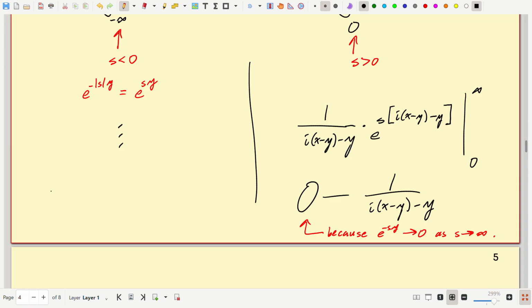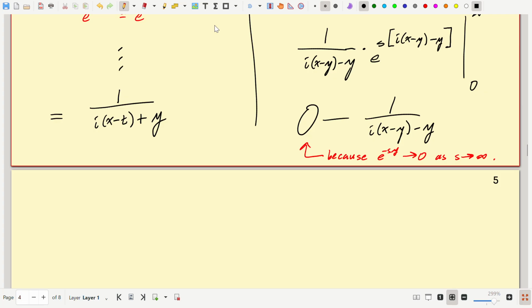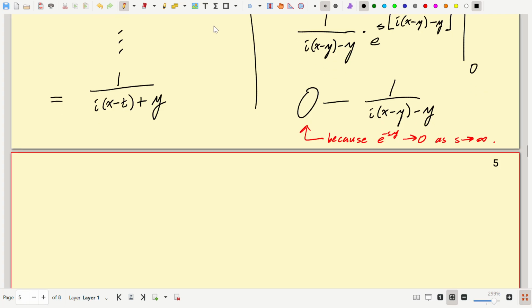And this time you would get a plus 1 over e to the i x minus t. The difference here is plus y. And now you add them up. You just do the algebra and you add them up, and you get